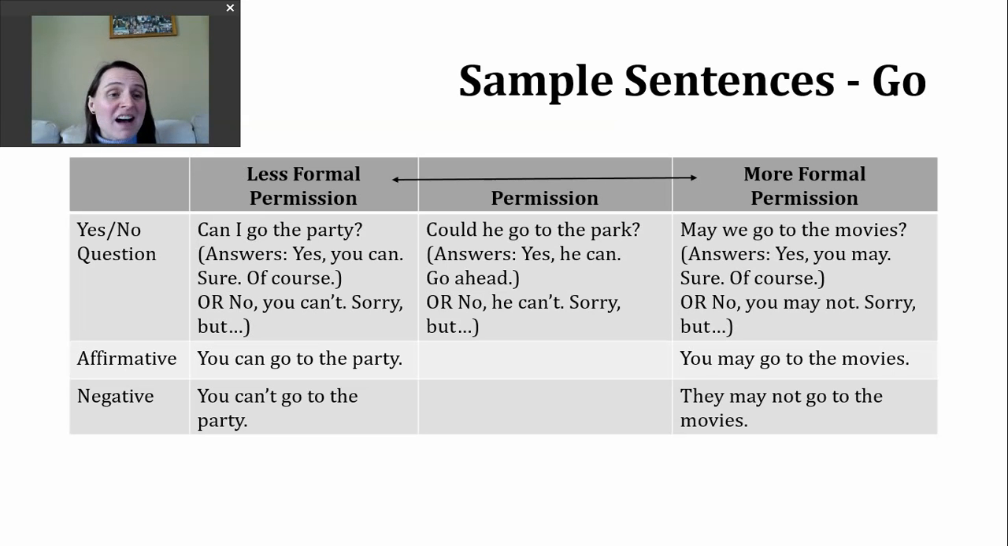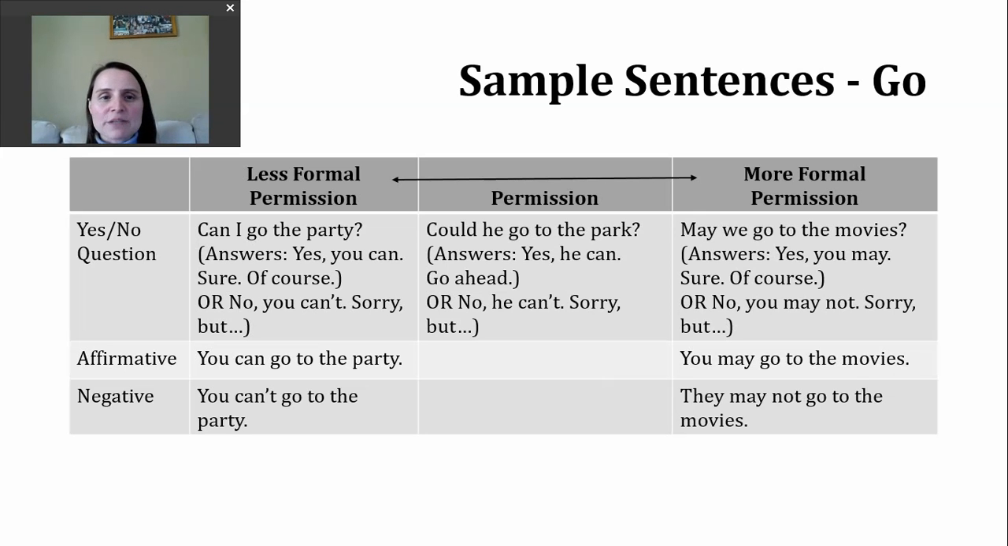We can also use a negative form here, so we're not giving someone permission. You can't go to the party. Okay? And it's fine to use cannot as well here. You don't have to use the contraction form, but again, it's something you'll tend to hear from a lot of